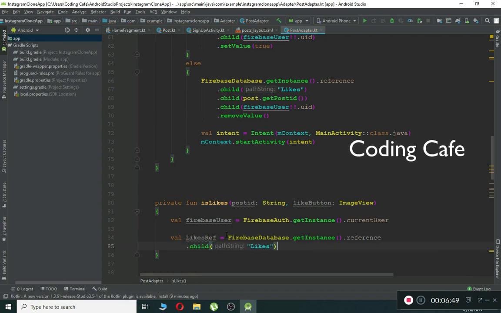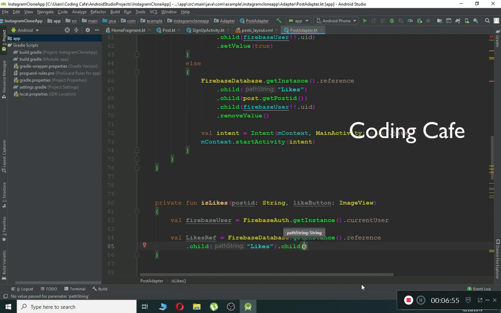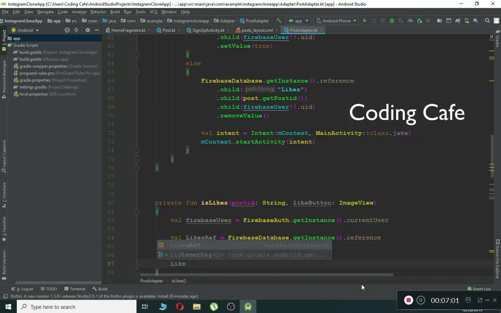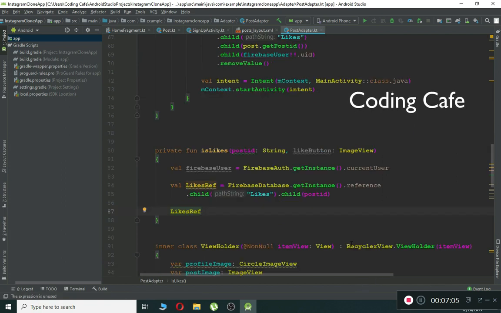After that we have to pass this post id, that is the post on which the user has already liked or unliked. So the next thing is to retrieve the likes, so we can say likesReference, and on the basis of which we will do our front end, basically,